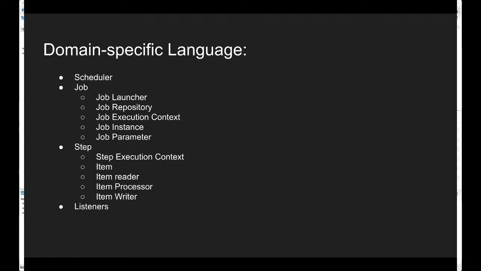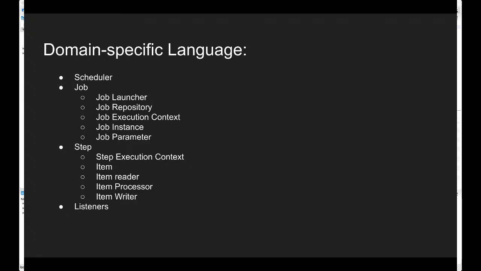Next term is job instance. Let's say we have some batch process, it could be anything, scheduled for 10 p.m. every day, in the night. What is going to happen is the job launcher is going to launch a new job at 10 p.m. exactly. That would be called a job instance, a logical run of our job. That is what a job instance is.